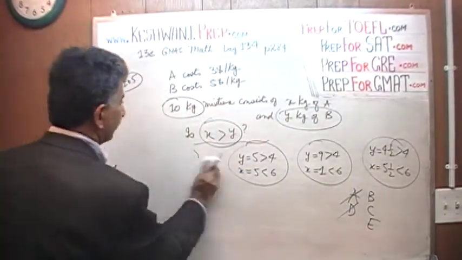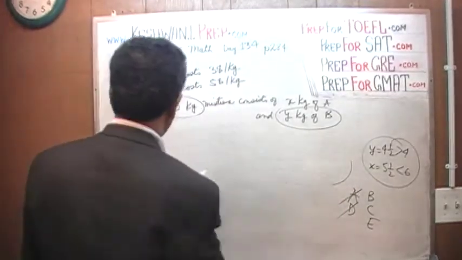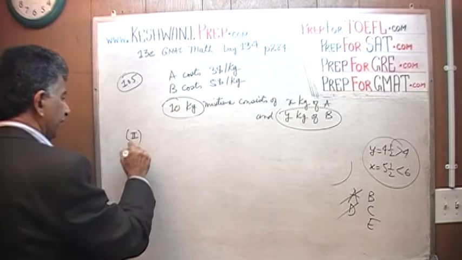Let's see what they give us in the second statement. I'm going to erase all this. I need a little bit of room. I'm getting too low here. In the second statement they tell us,